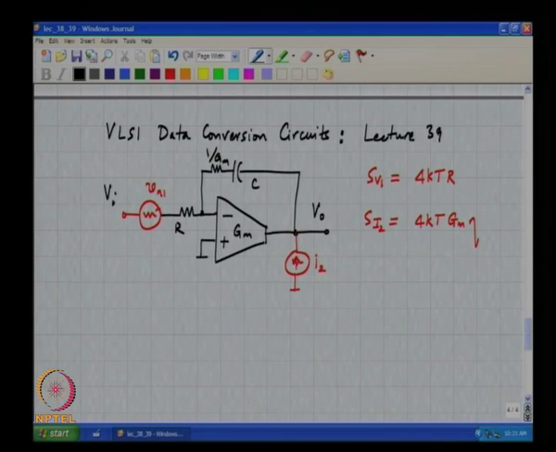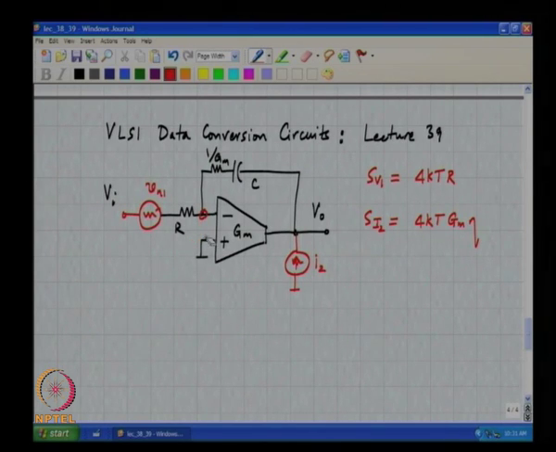We will ignore the noise contribution of this resistor, and try and compute the output noise due to both these noise sources. So, before we do that, let us find the virtual ground voltage. The exact virtual ground voltage is given by,